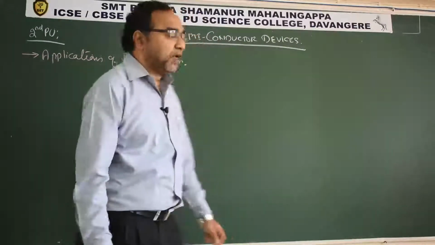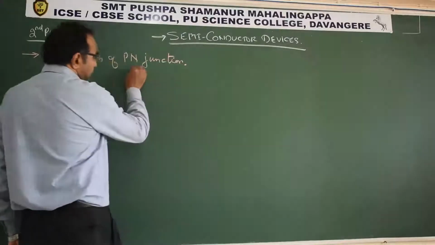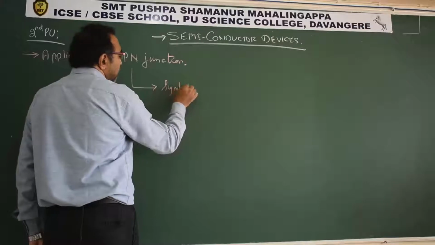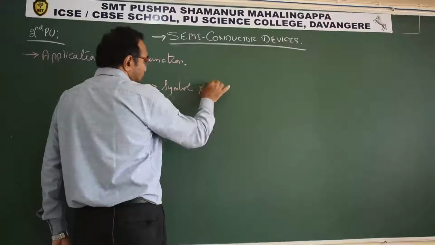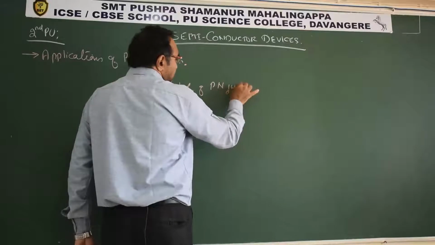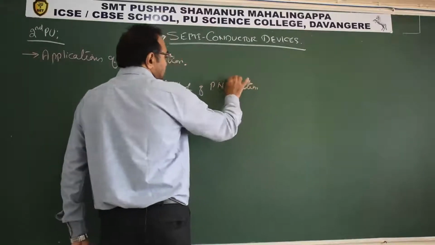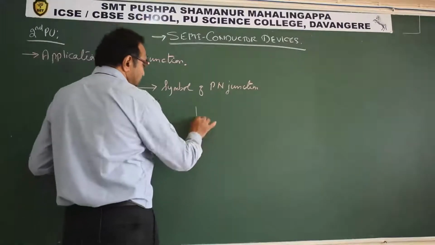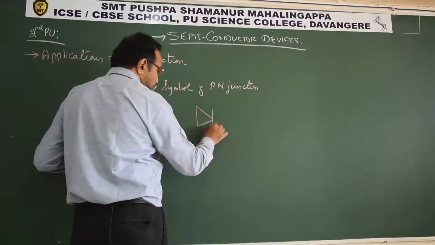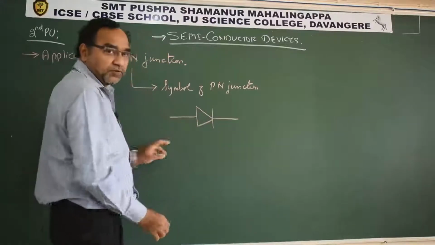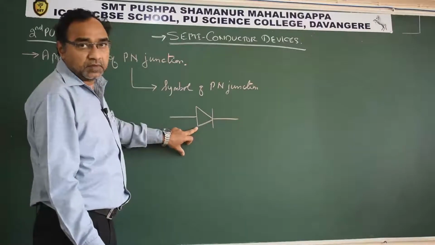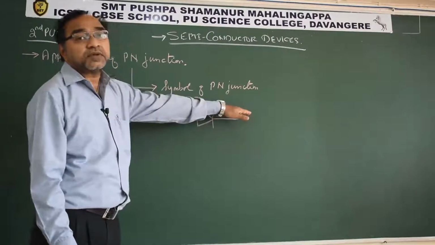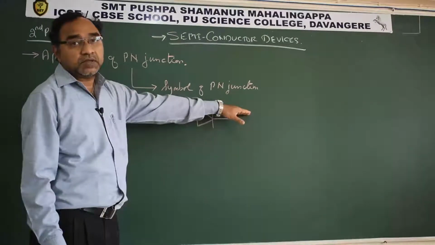Because based on this fact, the PN junction, if you see the symbol of PN junction, what is the symbol for PN junction? Normally we are using this symbol in electrical circuit. So you should not get surprised when it is not mentioned PN junction. If we write it this way, see here, this is the symbol for PN junction. This is an arrowhead. Arrow shows in this direction, forward biasing will be there.